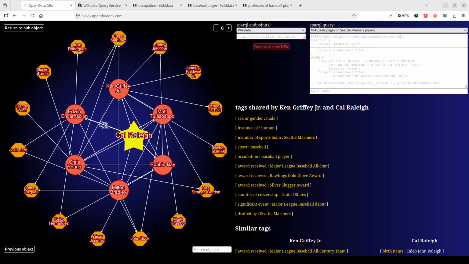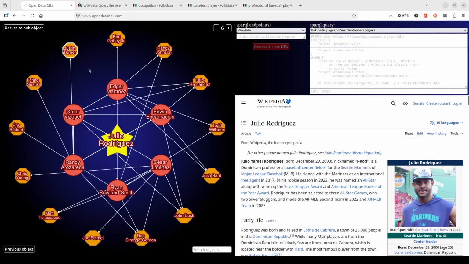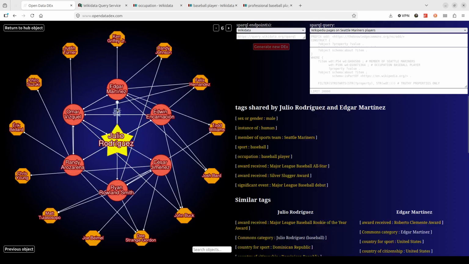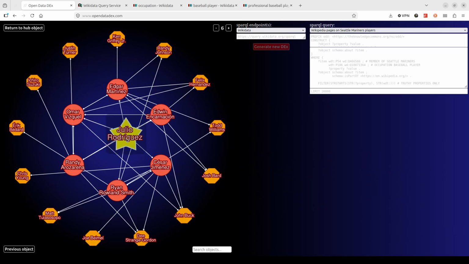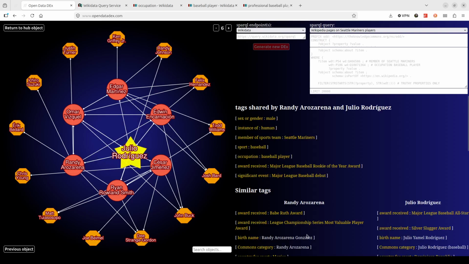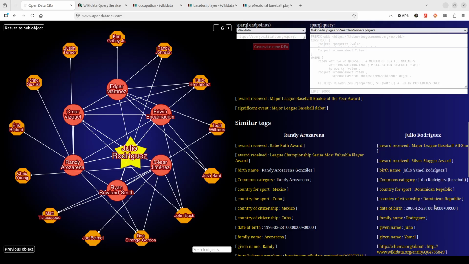Let's see if I recognize Julio Rodriguez. Let's see with him and Edgar Martinez, Silver Slugger Award. Let's see, I'm surprised I'm not seeing more of a cluster around other Mariners players who are from the Dominican Republic, since that's recorded for Julio. So let's see if any of these players, nope, he's from Mexico.